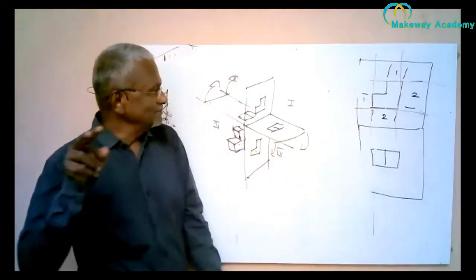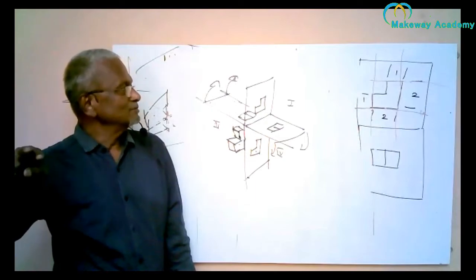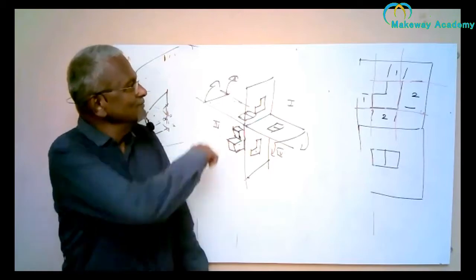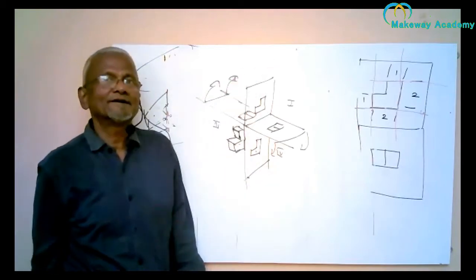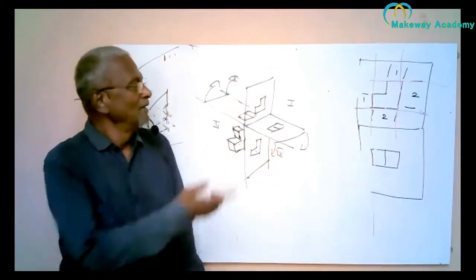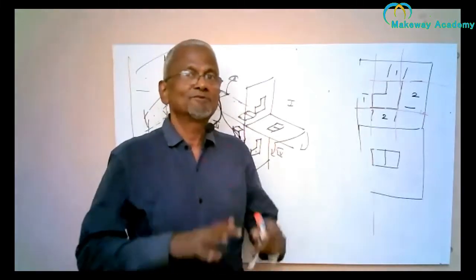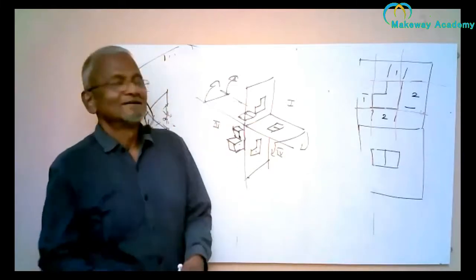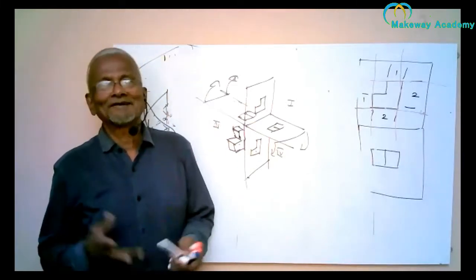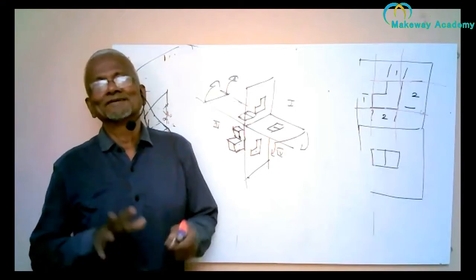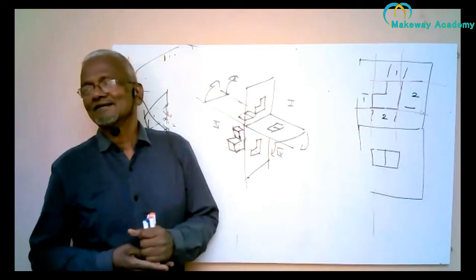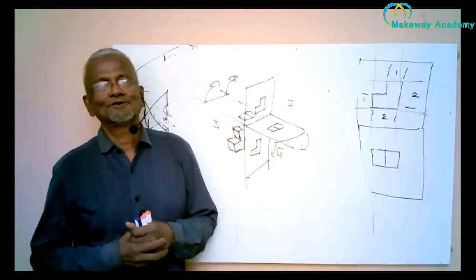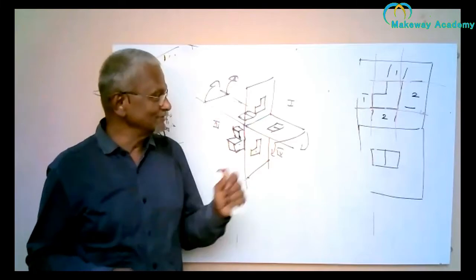Now, coming back to that question again, second angle projection. So this is a second angle projection. So if the plane is rotated 90 degree in the clockwise direction, both the front view and the top view will overlap. Okay. So you may ask, why not we rotate the plane in the other direction? You can rotate and you can use second angle projection, but it is not done internationally. Internationally, only first and third angle are used. They don't use second angle. They don't use fourth angle.